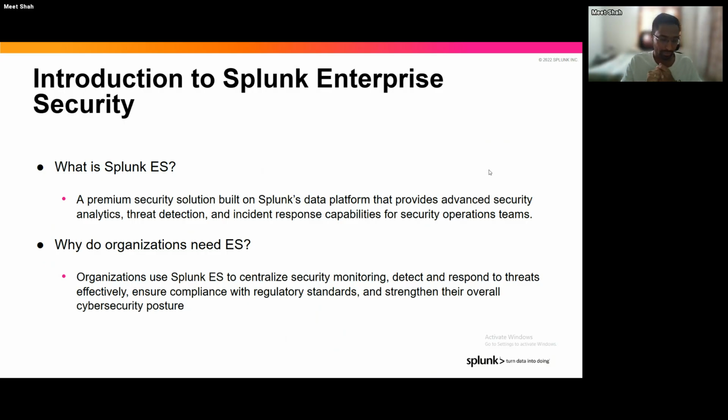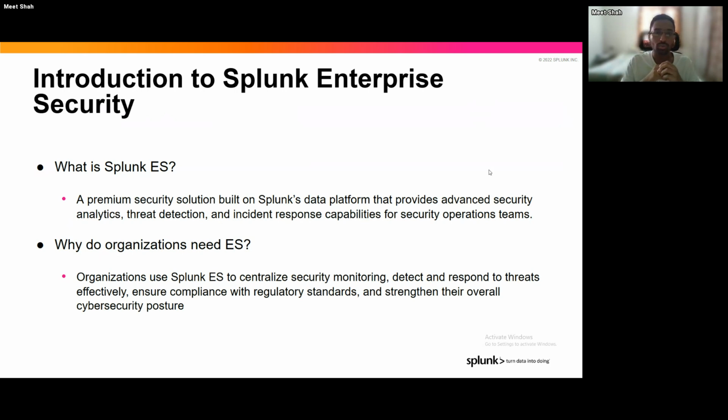So, what happens usually is that we have events coming from a bunch of different products. It can be something, let's say, from the EDR or DLP tools. You may have your firewall events coming in. You have your Active Directory events also coming in. And if we are going to make a scheduled search on top of each product, the approach might not be that scalable. So that's where ES comes, and that's where the frameworks of Enterprise Security come,